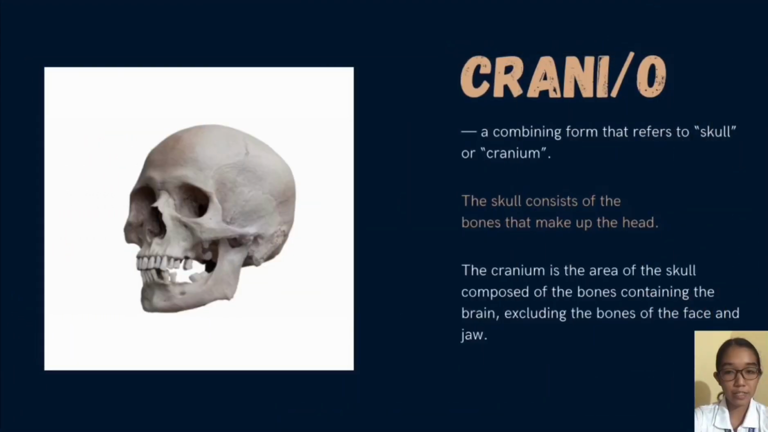So I'll be discussing the first medical terminology roots for the skeleton, which is crani or cranio. It is the combining form that refers to a skull or cranium. The skull consists of the bones that make up the head. The cranium is the area of the skull composed of the bones containing the brain, excluding the bones of the